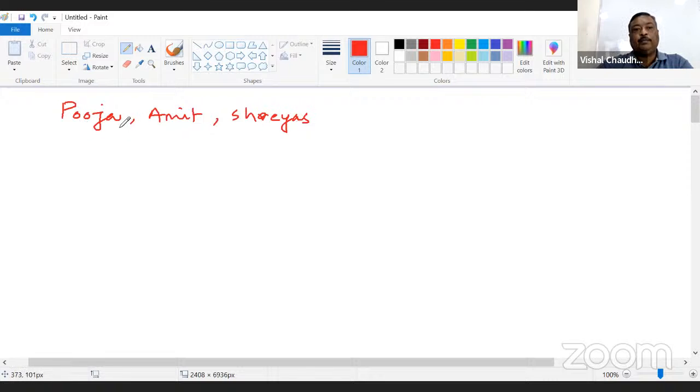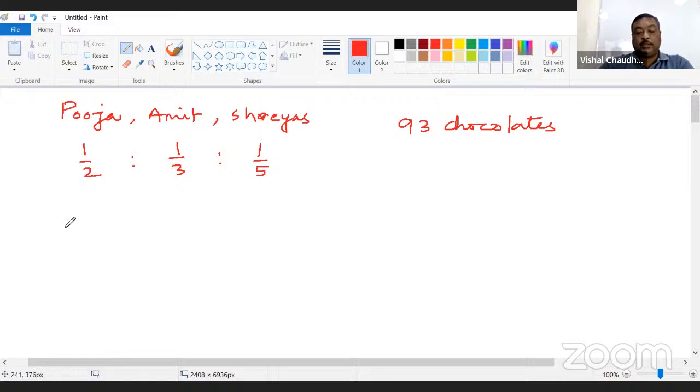Let's say we have 3 people, Pooja, Amit, and Shreyas, and we have to divide 93 chocolates among them. And the ratio of division of chocolates should be 1 by 2 is to 1 by 3 is to 1 by 5. Now, beware, when the ratio is in fraction, what we have to convert is,